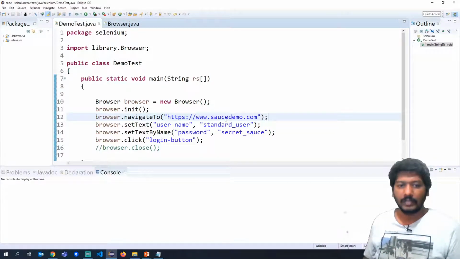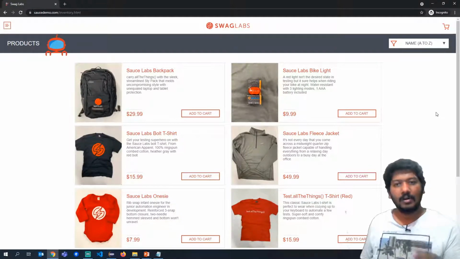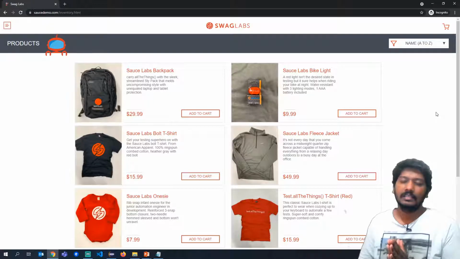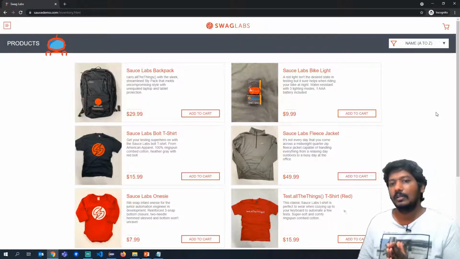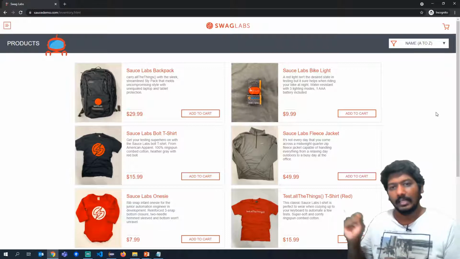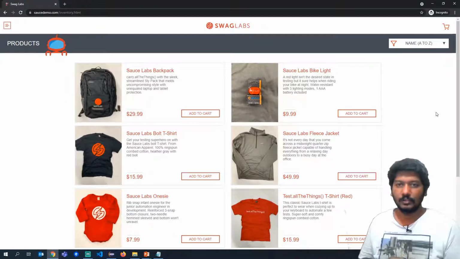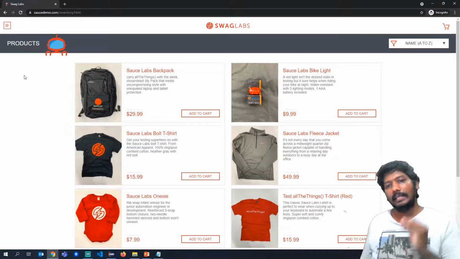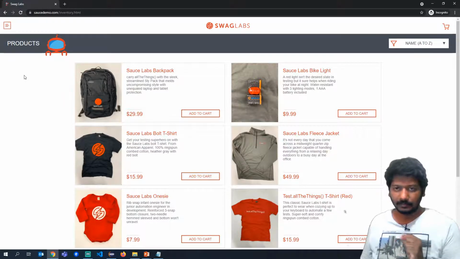So for example, if you see this particular page, this is a products list page. What we will try to do is create one class file which will be used to hold the XPaths of individual UI elements of this particular page. So here the page is basically the products page. If you see here, the page title is products. So let's use that name and then create one page object. Okay, we call it a page object.